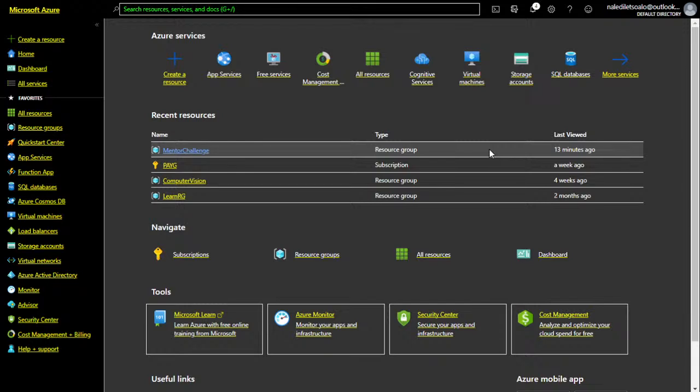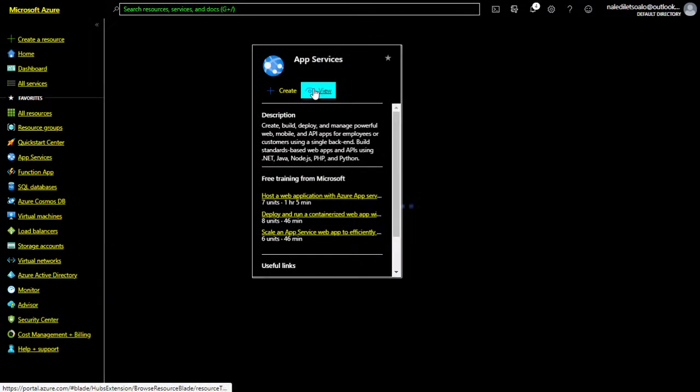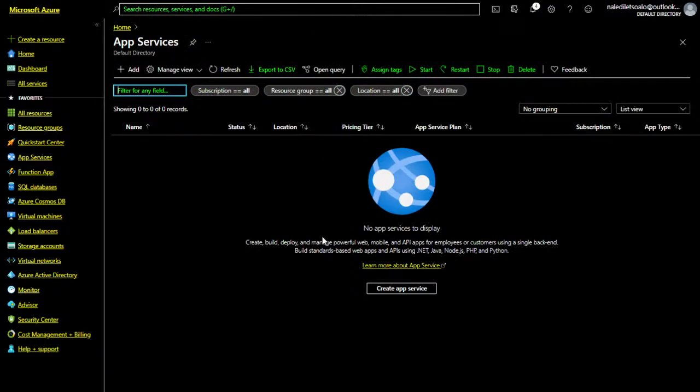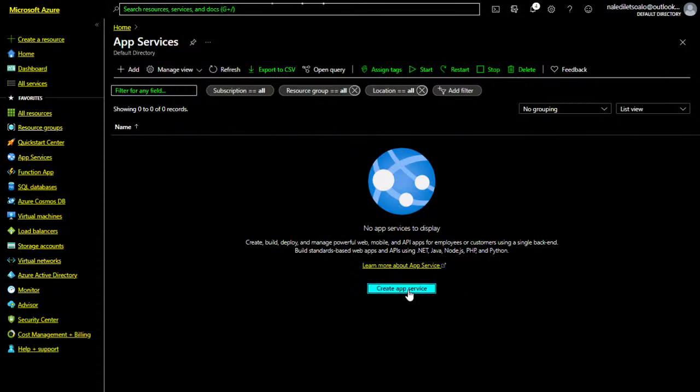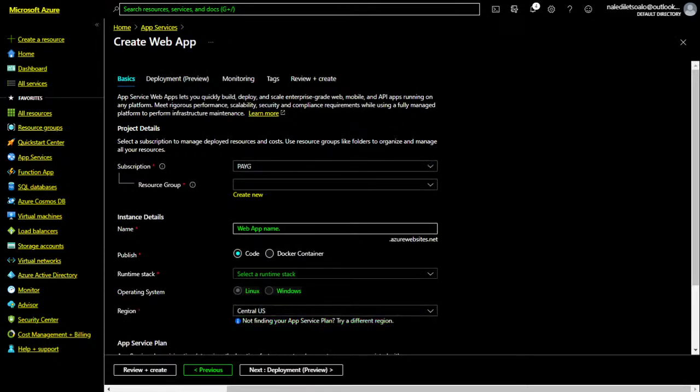So let's get started with the first one. What we're working with is App Service. Usually you'll see it here, and then you will either go to view if you've already got some services or resources there. In this instance, I deleted those services, so it's a clean slate. This is pretty much what you will also be seeing when you go into App Service. And the first thing you're going to do is create an App Service. It takes a little bit of time, but it's going to process and allow you to actually go into App Service and see what it is that you're working in.